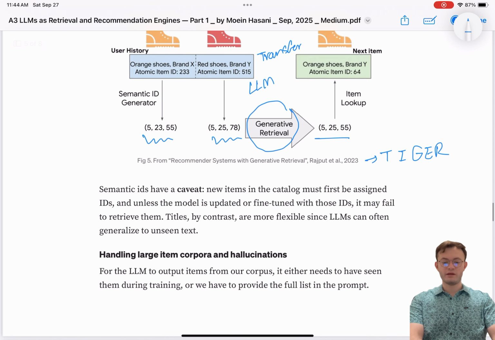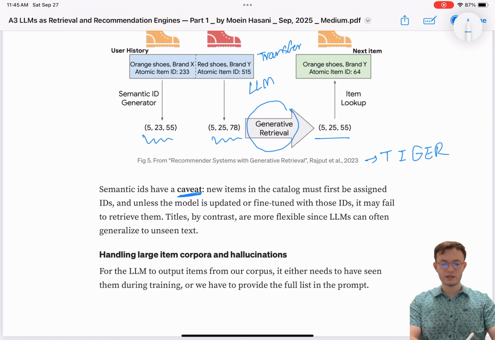There is one caveat, I would say, to using semantic IDs, and that's the fact that you need to do fine-tuning on your LLM. You can't just use the LLM out of the box. You can't just give these numbers to the LLM and expect it to magically know what 523.55 means. So you have to do fine-tuning. And you also have to have, of course, an encoder that does the semantic ID for you.